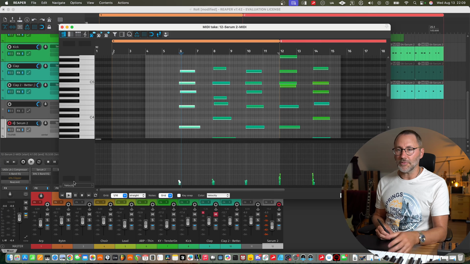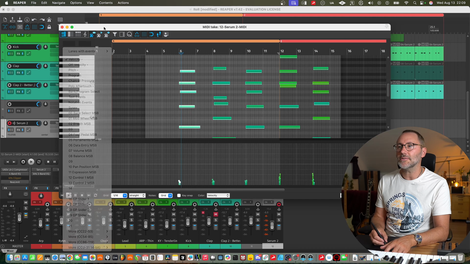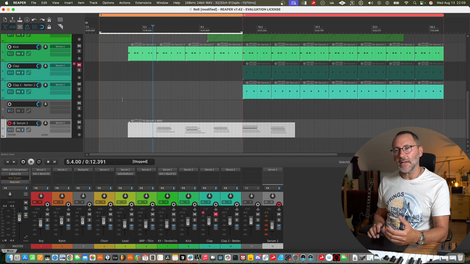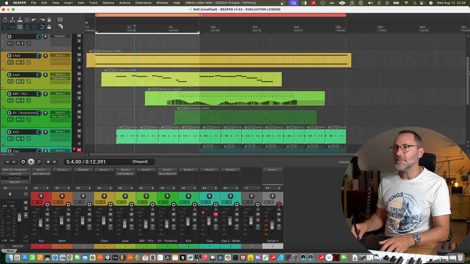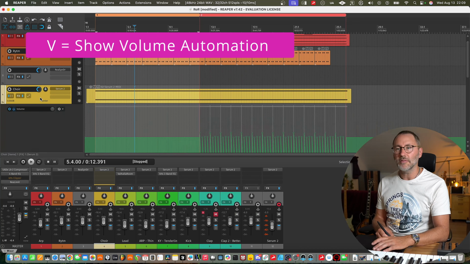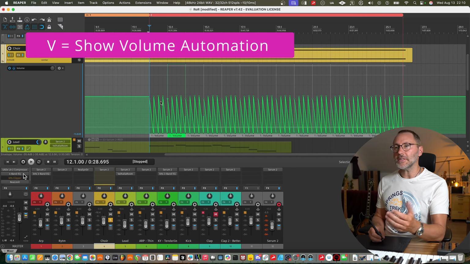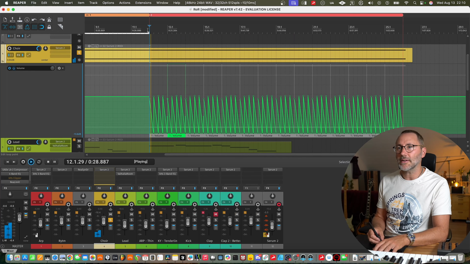And of course, if you want to reach other parameters than just the velocity, we can just open this MIDI CC selector and find the other CCs like the expression and mod wheel, etc. It's actually really convenient editing parameters of the different synths. You can see if we go to another track in this arrangement, let's see, it's the choir. If we open the volume automation, right, so you can see I have some volume automation on this choir track.